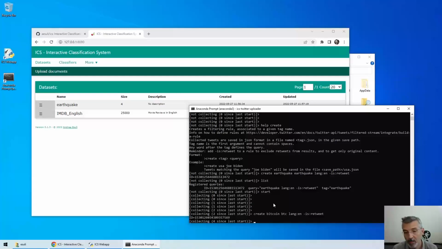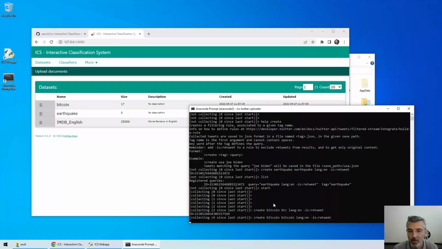And then I want to have another query that still fits this dataset, that uses a different sequence of terms, such as Bitcoin, not the short version of the name of the crypto coin, just the long name. So I create this other